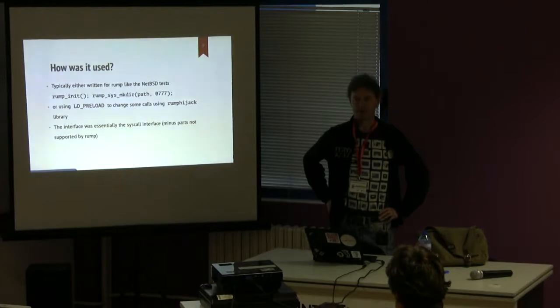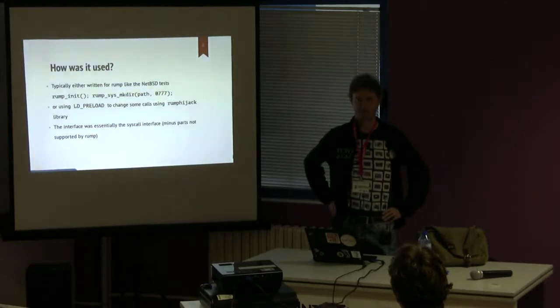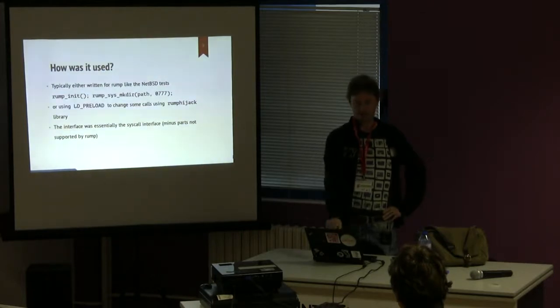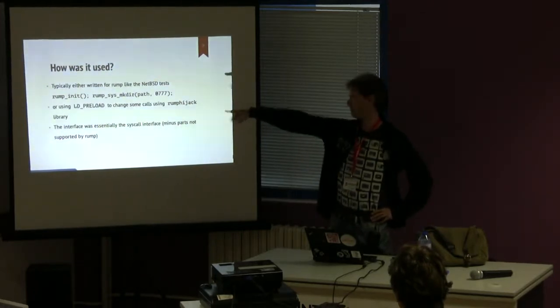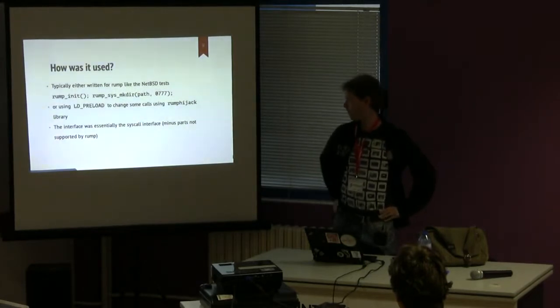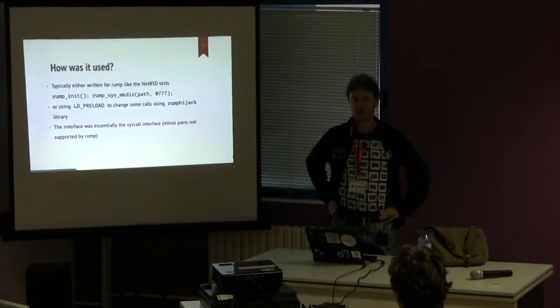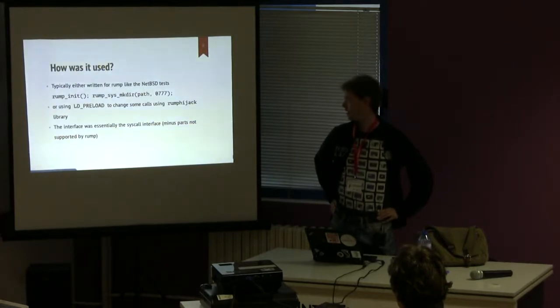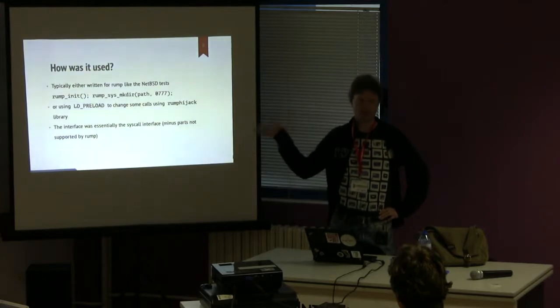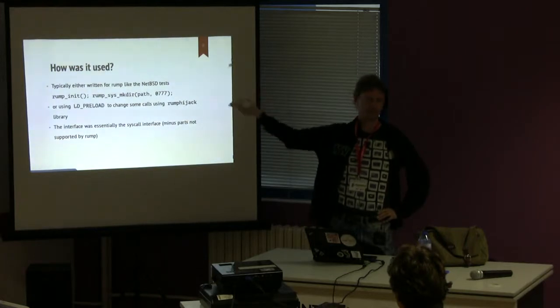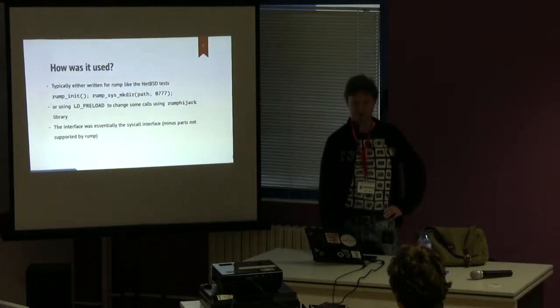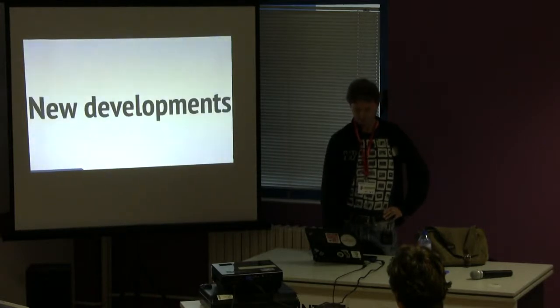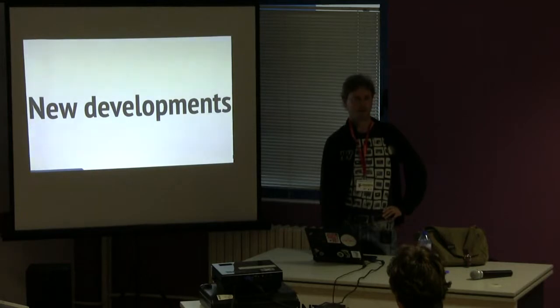Until very recently, 99% of the use case for rump was the test suite in NetBSD, which has used rump for many years now. It basically is specifically written for rump, so it says rump in it, says rump sysmake and so on. Or there's been a hijack library that used preload to try and work around that. And it's usable, it's used in the tests, it's been useful for a long time, but it's kind of slightly clunky and painful because you have to specifically write for a rump kernel, which is a kind of weird thing to do. So I started working on rump kernel